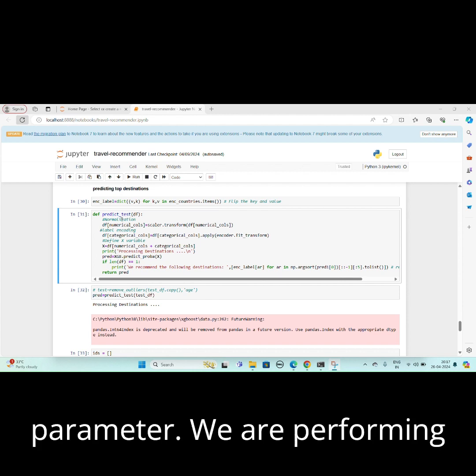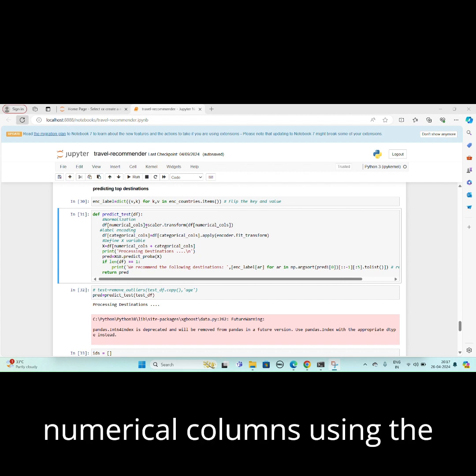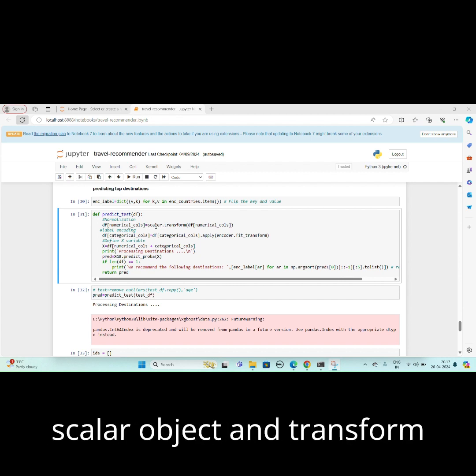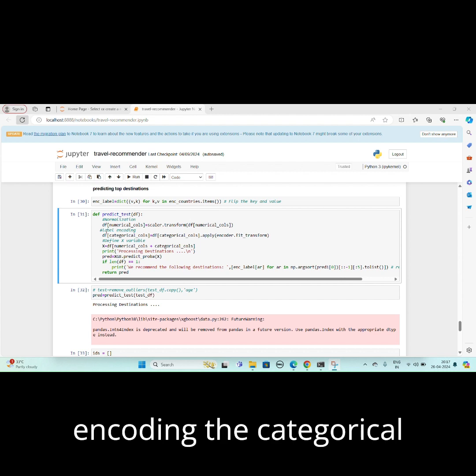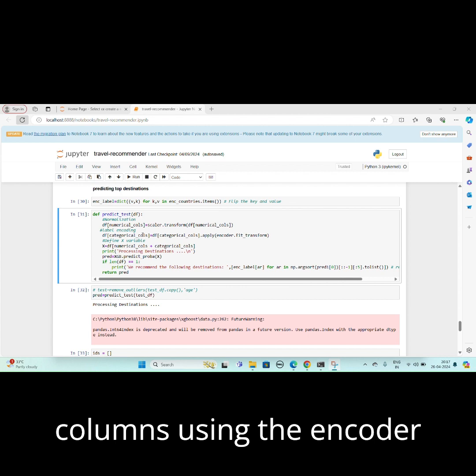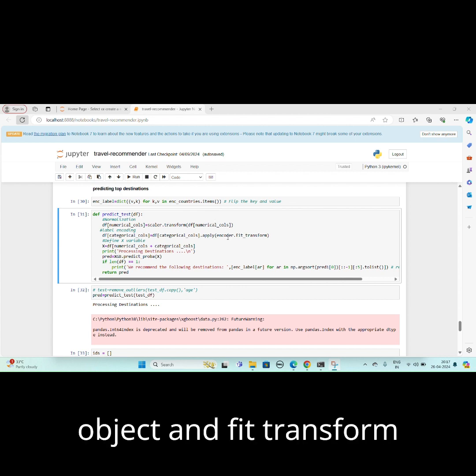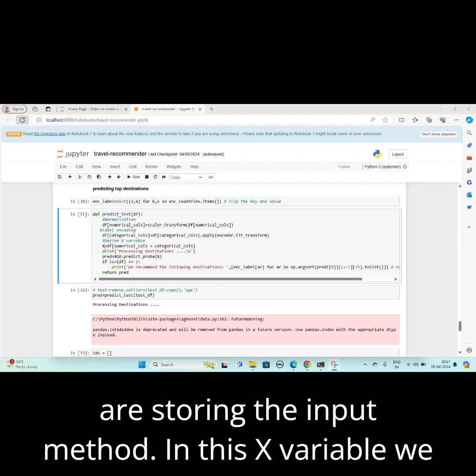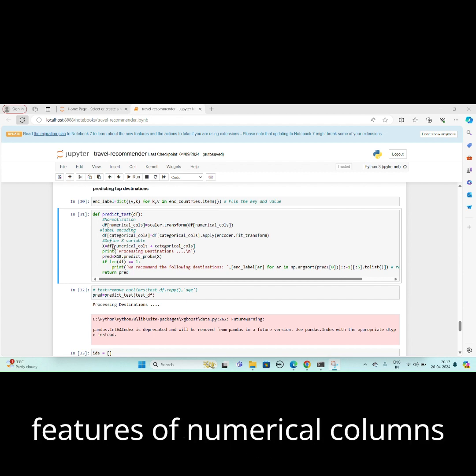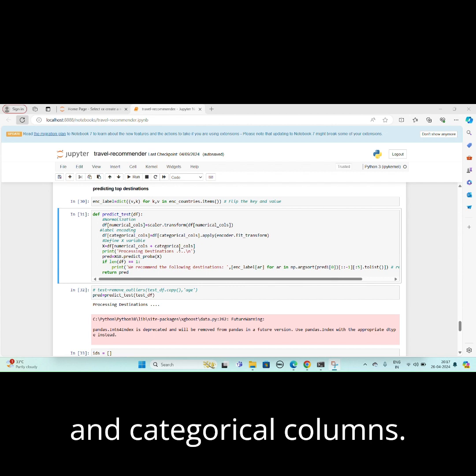We are performing normalization on the numerical columns using the scaler object and transform method. We are label encoding the categorical columns using the encoder object and the fit transform method. In this x variable, we are storing the input features of numerical columns and categorical columns.